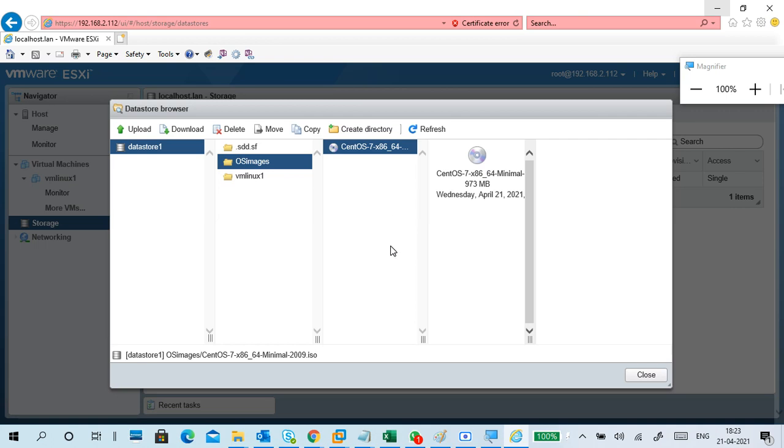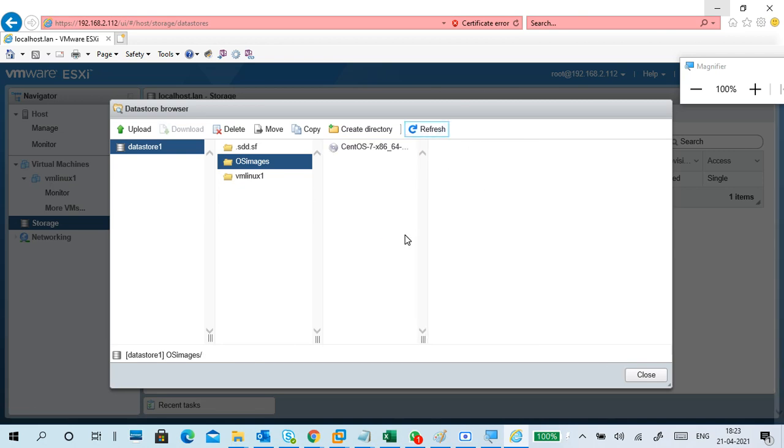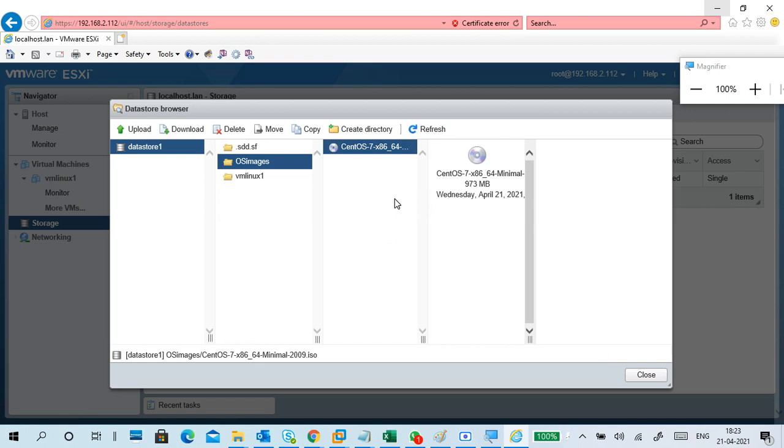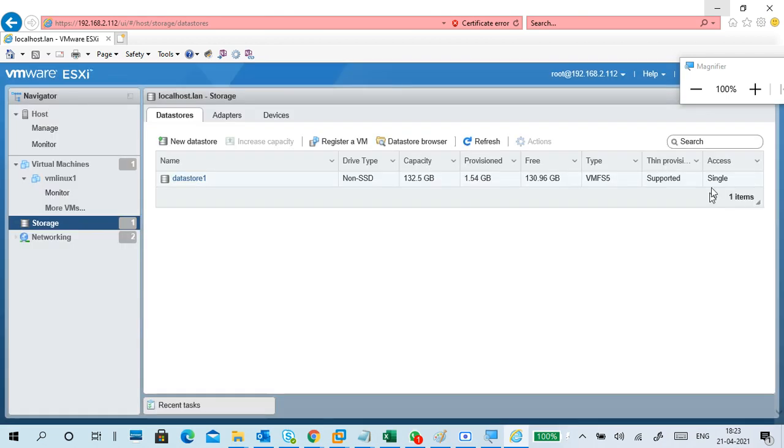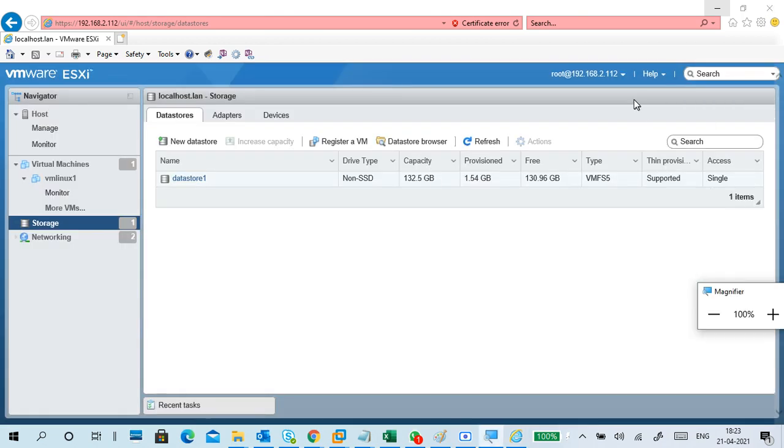It will take time. I am uploading from my physical machine to that virtual machine through this portal. It's taking a lot of time.